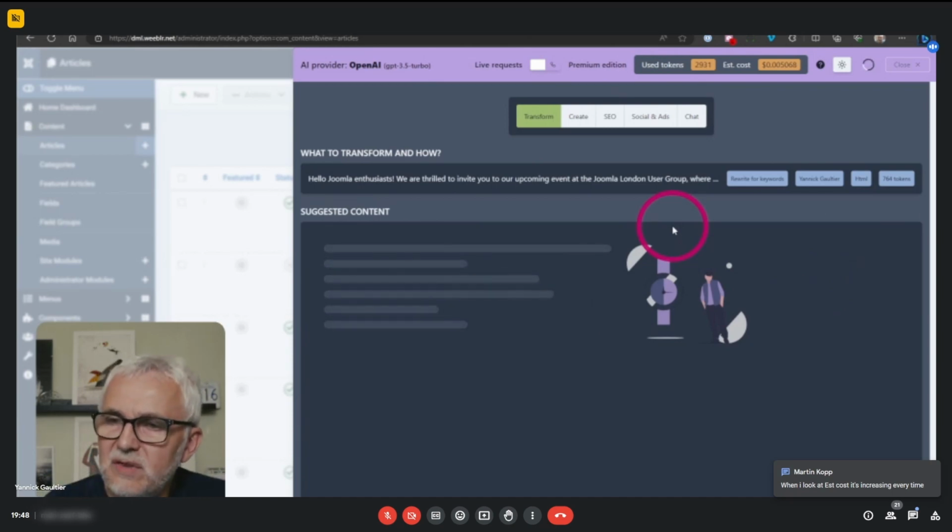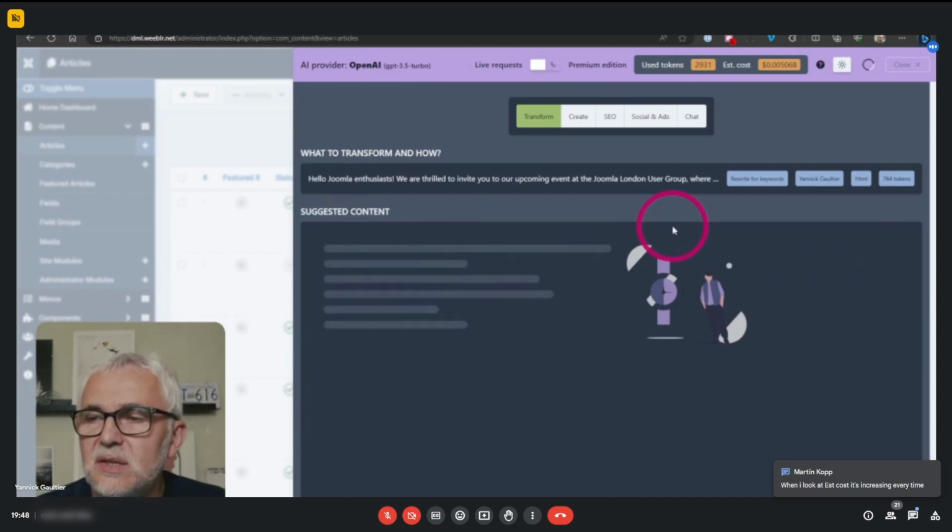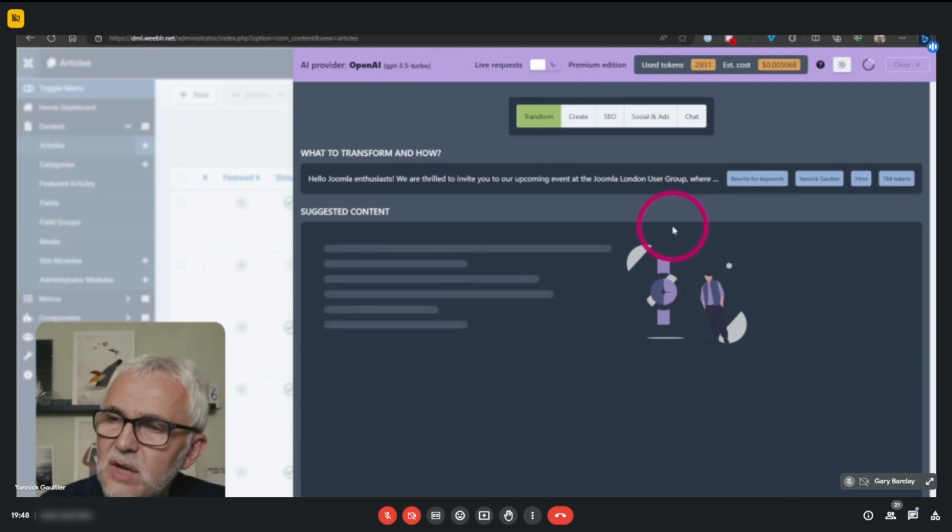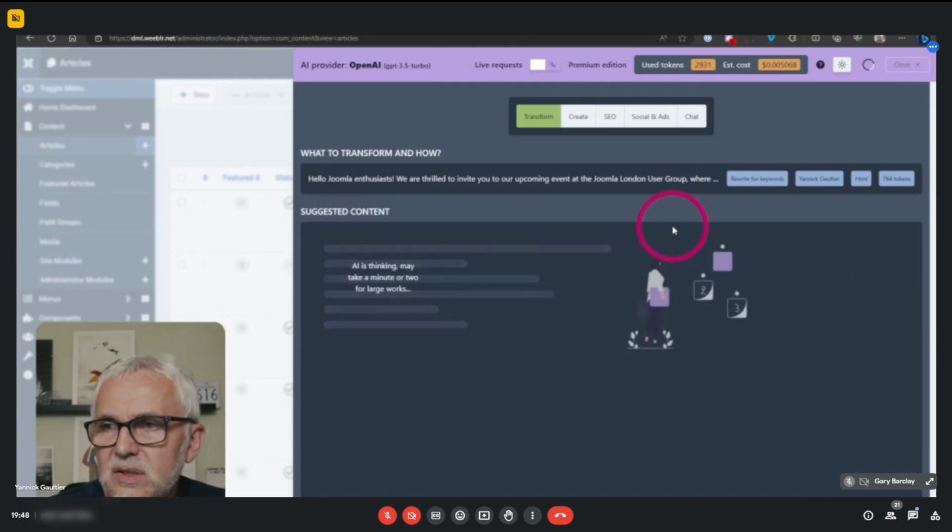So I have this original text it wrote, or any text that you have on your website, and you ask it to rewrite it by incorporating specific keywords that you want to have in this content.